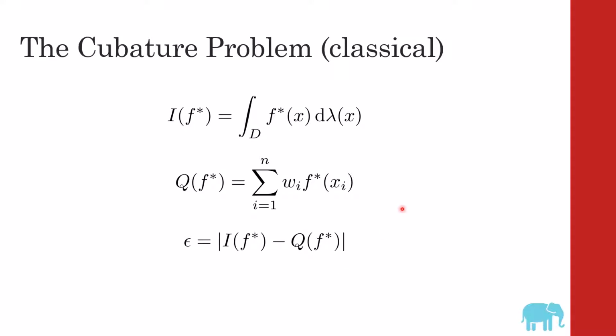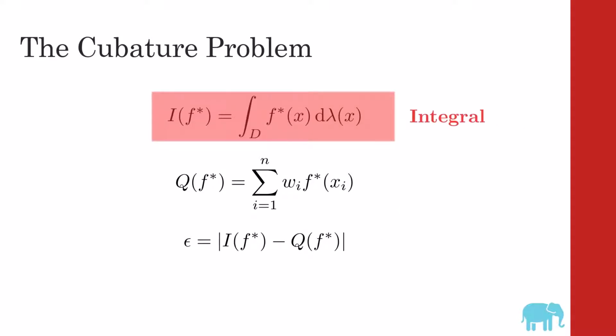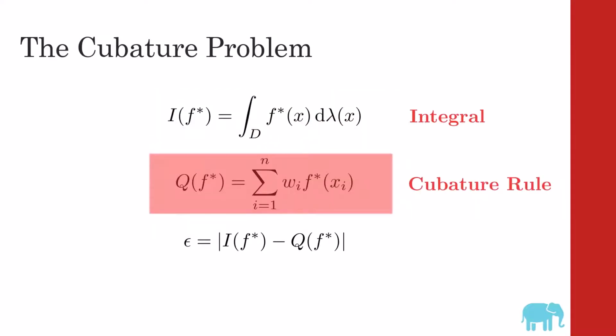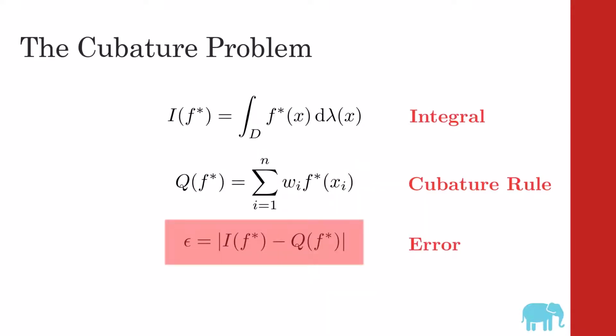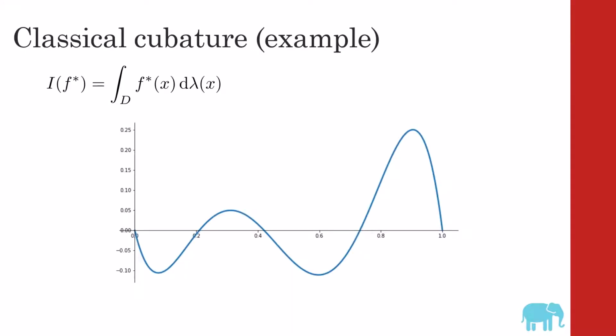The classical approach to cubature has the following components. The first is the problem at hand, the integral problem. The second is the cubature rule, which is a weighted sum of integrand evaluations. And finally, we have the true error, which is the difference between the integral and its approximation, the cubature rule. As an example, suppose our integrand is this blue squiggly line, f star,